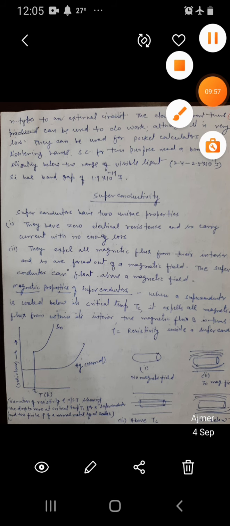Okay, and silicon has a band gap below this energy level. Silicon has 1.9 × 10^-19 joule. So silicon can easily be used in a photovoltaic cell. So this is the mechanism and the function of a photovoltaic cell, which is based upon the p-n junction.